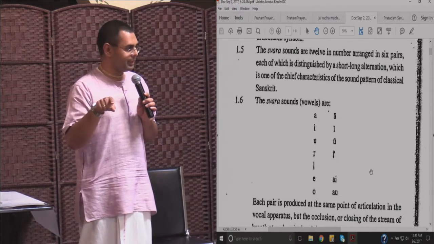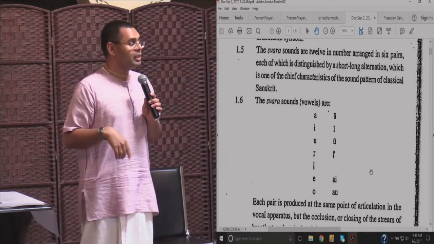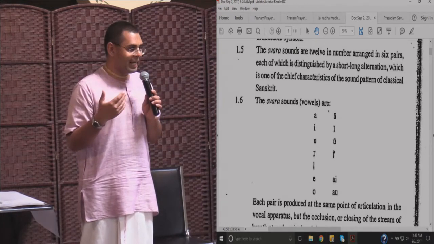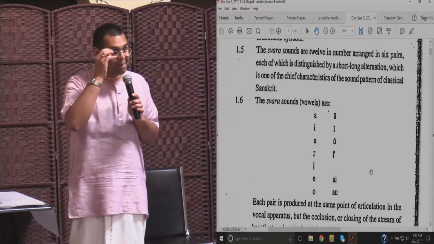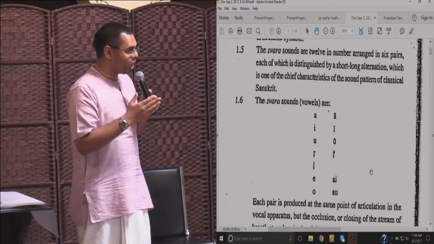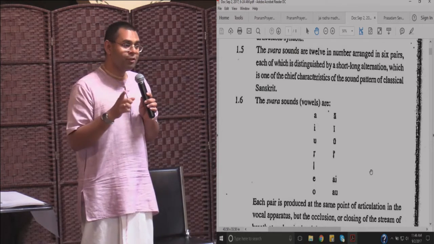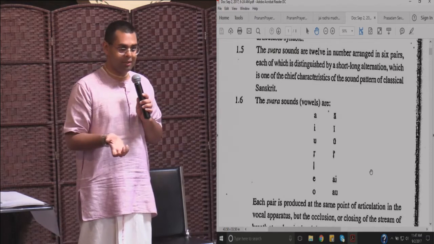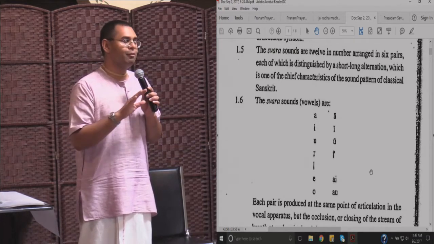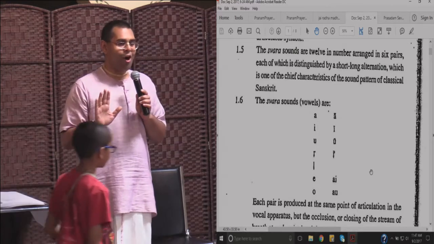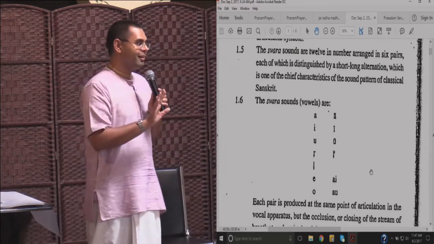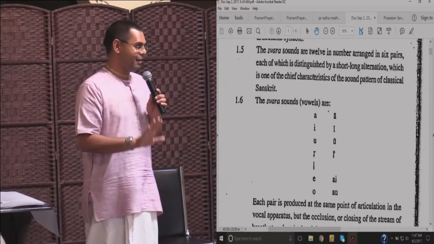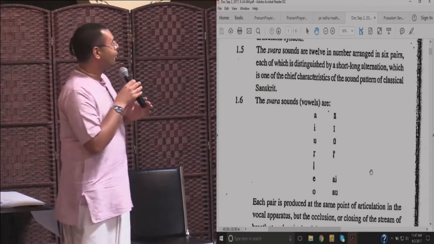Okay? If you try to pronounce the first consonant of the Sanskrit alphabet, that's the K, right? But you need the vowel. Otherwise, if you don't say the vowel, you can't say it, right? It doesn't come out because it's a consonant, not a vowel. Therefore, the vowels are Sarveshwara, the Lord of everything, and the consonants are Vishnu Jana. That means they are devotees of Lord Vishnu, right? So they are always dependent on Lord Vishnu for their existence,